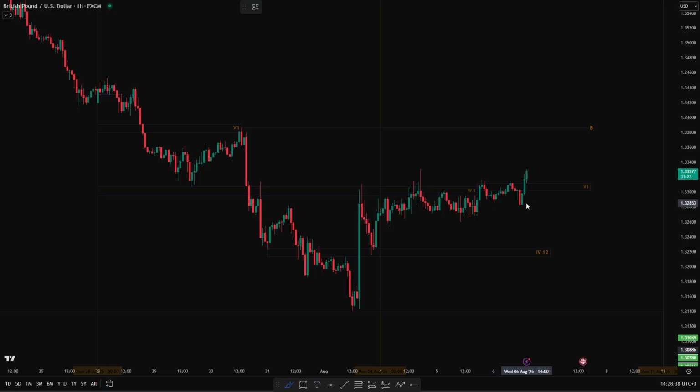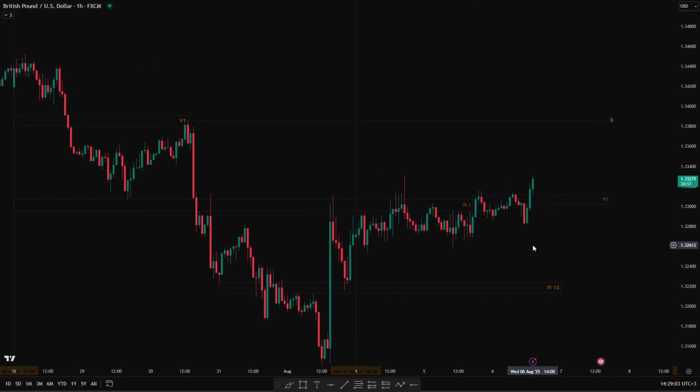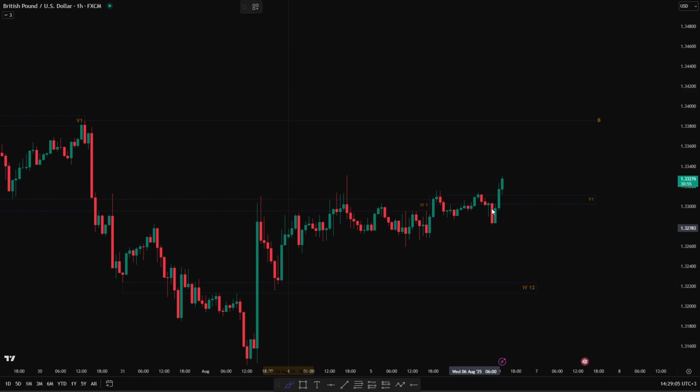So this helped me identify the bias that we are definitely bullish, at least on the 1 hour time frame. We displaced higher from this low, created a new high, and we left a nice fair value gap on the 1 hour time frame, which aligns perfectly with this inverse fair value gap over here. So I'm gonna wait until price closes this 1 hour after 30 minutes, and then I will see price.